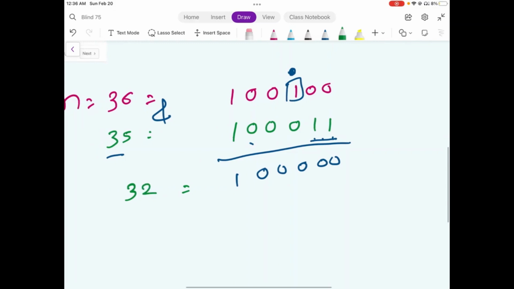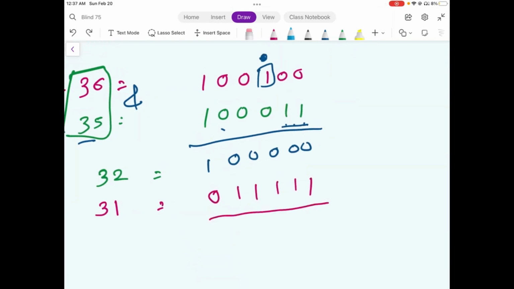And again, if we repeat the same operation, an AND between the number and one value lesser than that, first let's represent the value 31 in binary. And now if we do an AND operation between these two values, the answer we would get is all zeros,